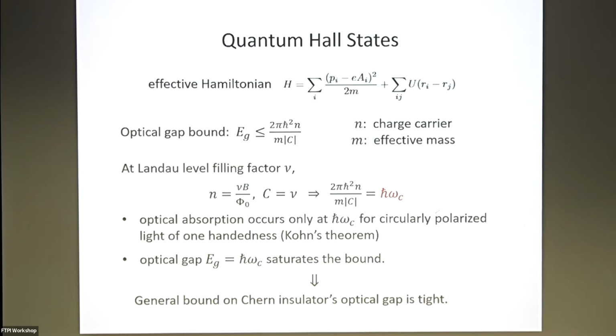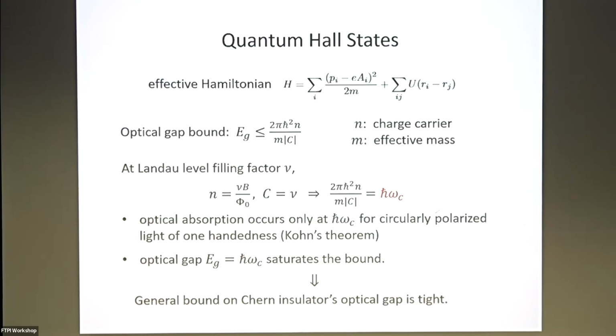But I think the real power of this bound becomes clear if you think about systems described by low energy effective Hamiltonians. One example is again quantum Hall states in magnetic field, or a semiconductor with parabolic bands, where we know that the effective Hamiltonian exists. Here, m is the effective mass, and U is the electron interaction. In this case, this Hamiltonian again satisfies the general form. The kinetic energy is p squared over 2m, but with m being the effective mass, and then this bound still holds. But of course, here n should be regarded as the doped charge density.